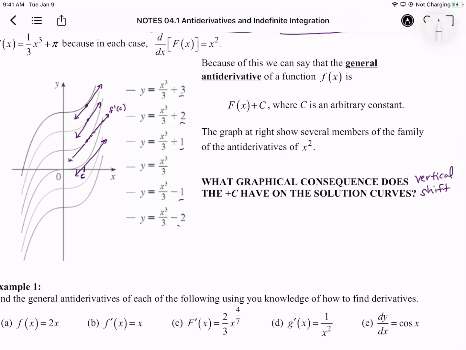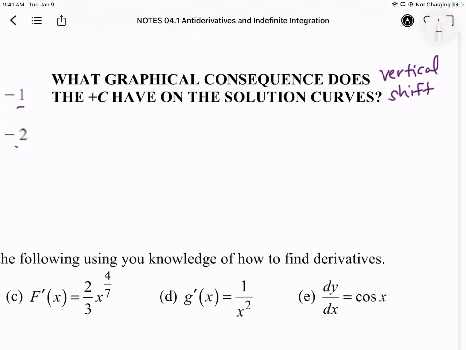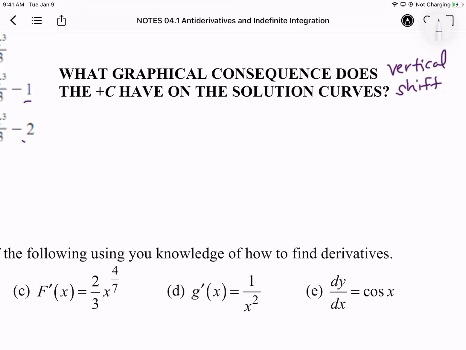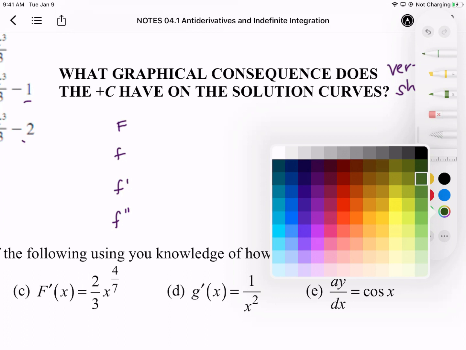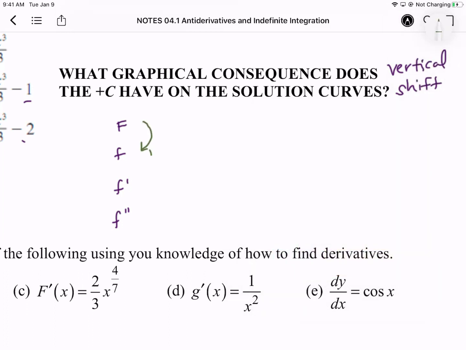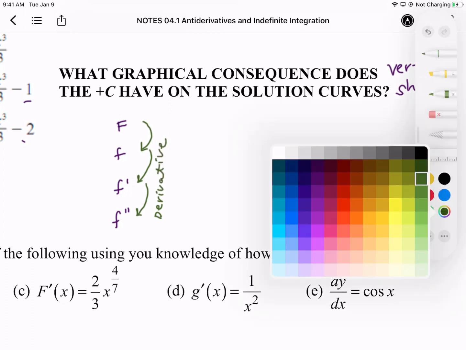Okay. So a little bit of notation that I want to introduce is this big F. We've looked at it a little bit. But basically all of these are related. Going down to each of these, the way that we go down this ladder is by taking our derivative. So to go down, we take the derivative. And then the way to go back up the ladder,